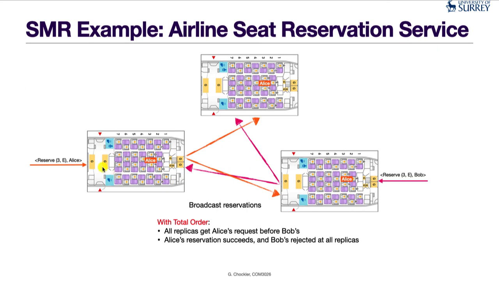And also in this case the reservation state, or the seat map, at all replicas is consistent. Okay, and so if any one of them crashes or disappears, then the other two will basically be able to operate from the point at which the crash occurred. Okay, and this is because their state is consistent with the crashed replica and between themselves. Okay, so this is an example.